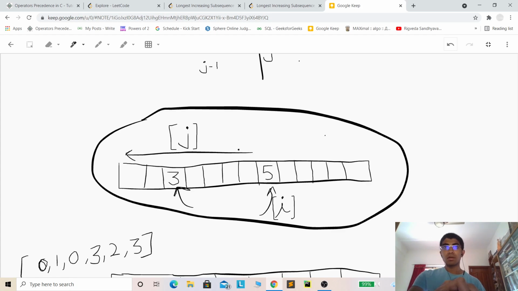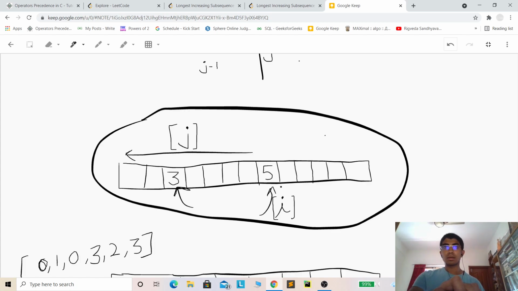So what is the meaning of that? Whatever longest increasing subsequence we obtained at the jth position, it can be increased. So 5 can be appended to the longest increasing subsequence that ended at the jth position. That is possible because 3 is less than 5, right?